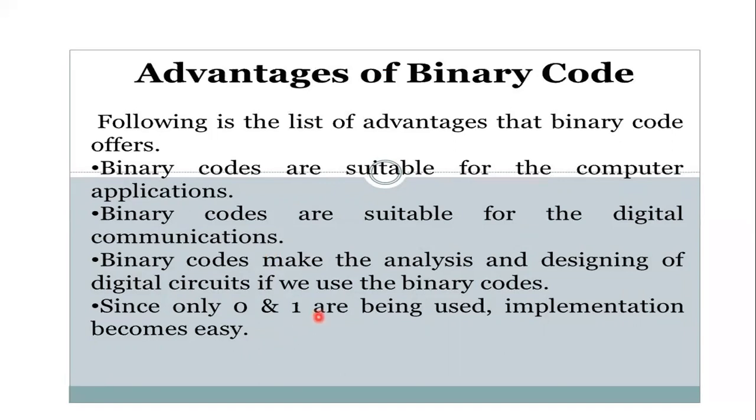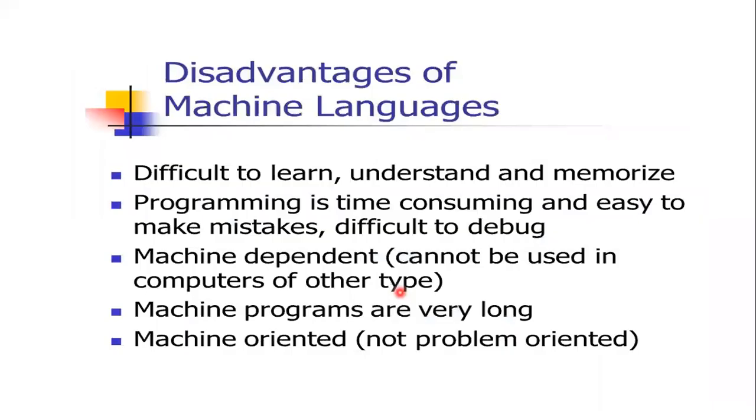Okay. So if you give a decimal, the computer accepts only the binary code. Therefore, we need some conversions. So the computer converts any number system into binary, since it accepts only the two-state device, that is 0 or 1. Then let me see what are the major disadvantages of the binary number system. Okay.